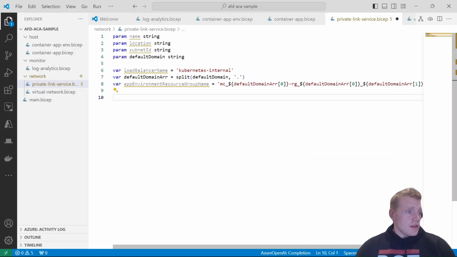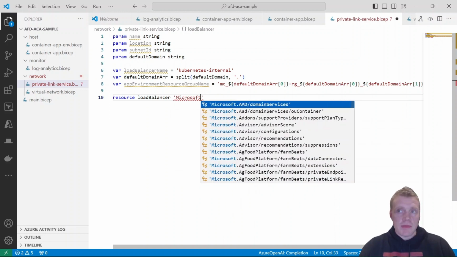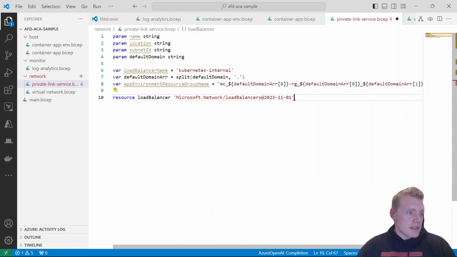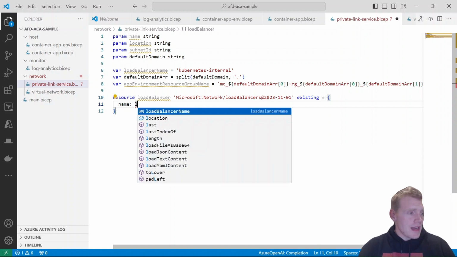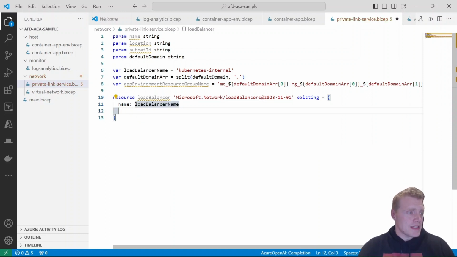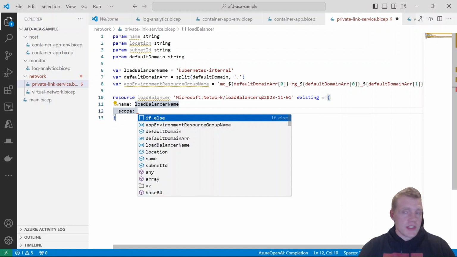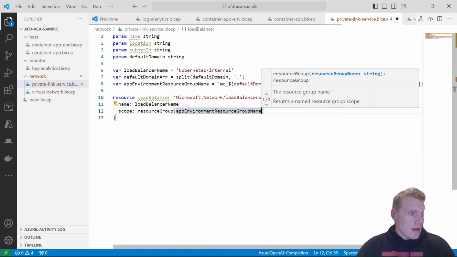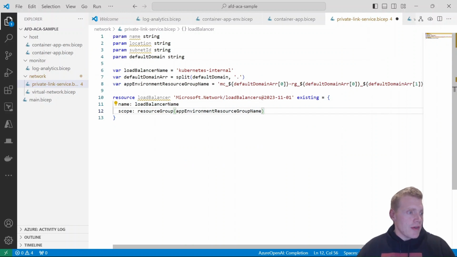And the way that I'm going to do this, this is deployed to a resource group name. So what we need to do, this is an existing resource. So I'm going to create a load balancer resource, but it's going to be an existing one. So that's going to be under network/load balancer. That's going to be an existing resource. For the name, I'm going to pass in that variable for my load balancer name. And then for the scope, I'm going to use the resource group method here. I'm going to pass in this app environment resource group name,